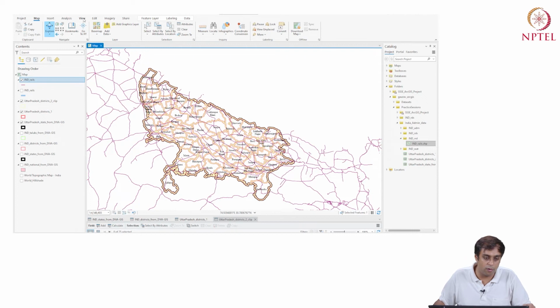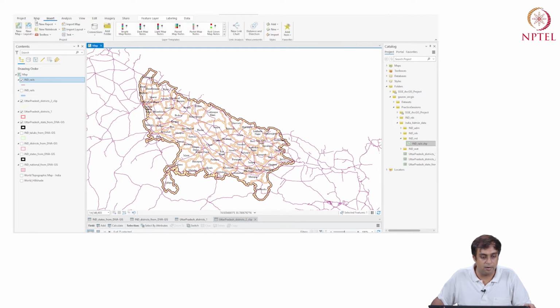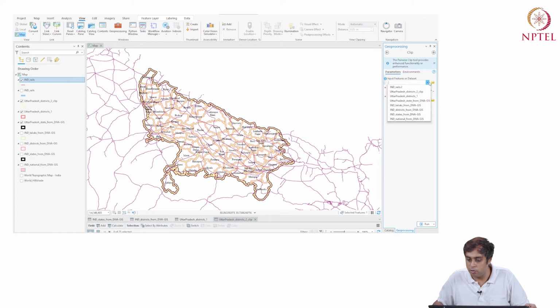Well, you will go to your analysis, we'll go to the tools, we'll say view, geoprocessing, clip. Now the feature that I'm interested in is India Rails. Okay, so I'm going to say 1 and 2 because I've opened it twice. So I'm just going to say Rails 1, it doesn't matter. Then, the one that I really care about is UP state and I'm going to clip it.